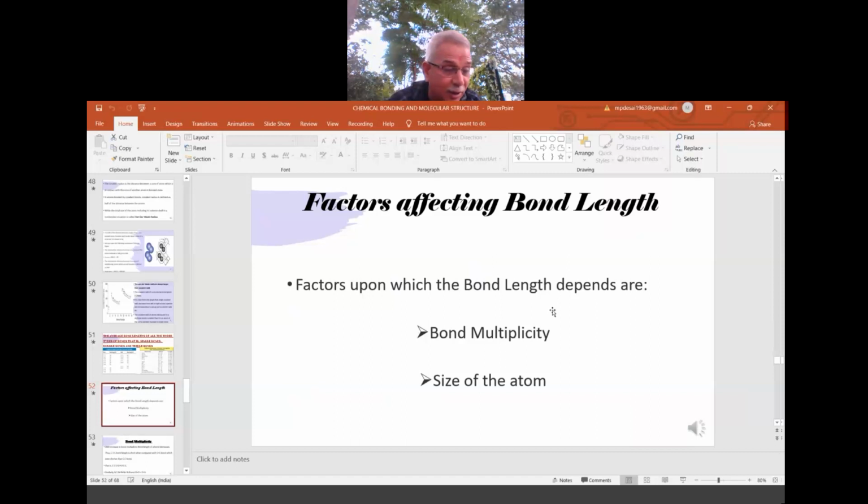I think Webex is saying it is already 13:08, so in one or two minutes it is going to wind up. So I completed my discussion with you all on the covalent bond and the bond parameters, the three important octet cases, less than 8, exact 8, more than 8, and the factors affecting the bond length under the bond parameters. Till now, if any doubts are there, most welcome.